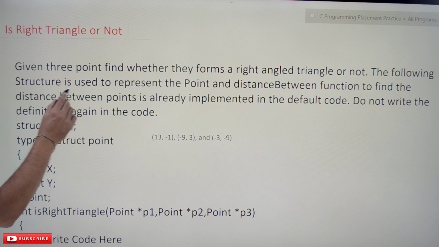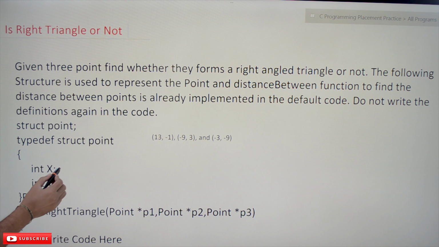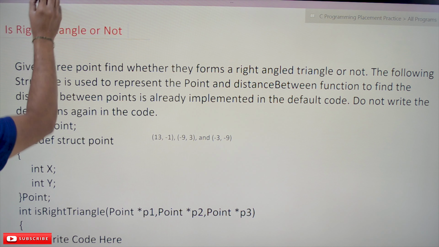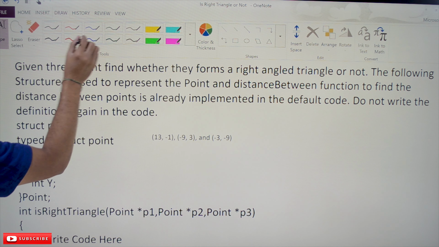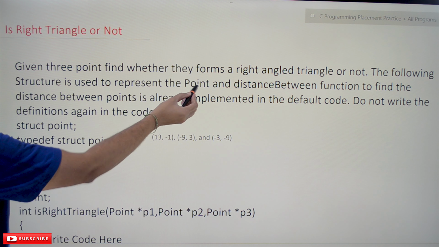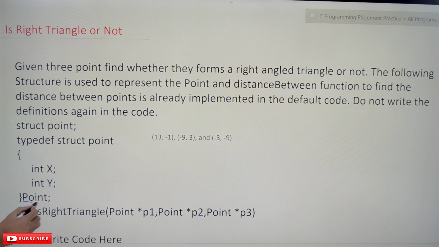The following structure is used to represent the point. The point has two variables, x and y.